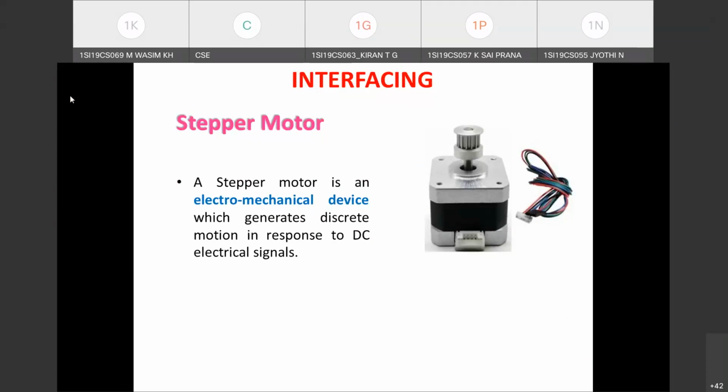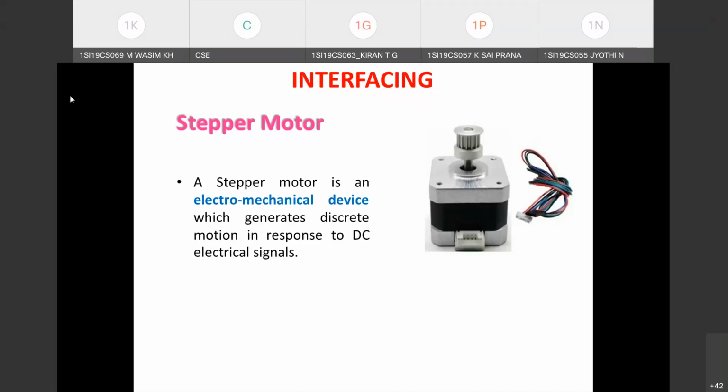Okay, so you're going to supply the voltage to the windings of the stepper motor. So what you'll see as output is that the motor rotates. You can rotate the motor either in the clockwise direction or in the anti-clockwise direction, based on the direction in which you are applying the voltage. How exactly it is done, to which windings you are going to supply the voltage, all those details we'll be discussing in a later slide.